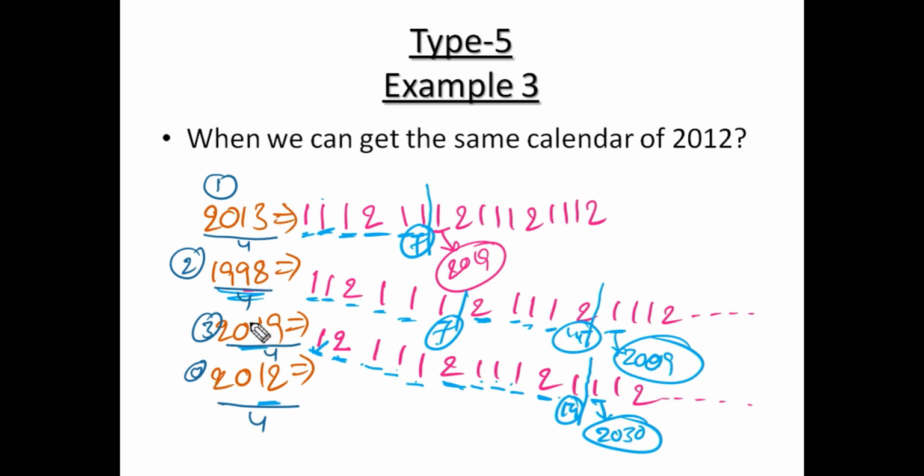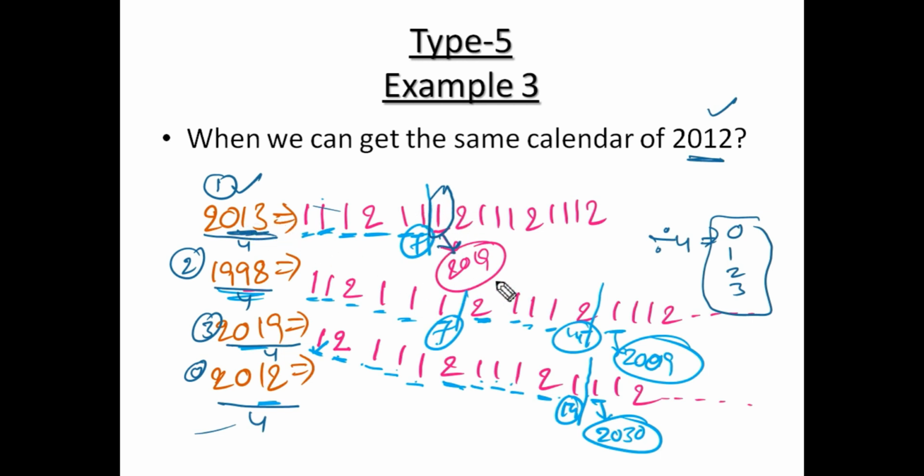So if we divide any year number by 4, the remainder possibilities are 0, 1, 2, 3. That's all. Means in the exam, he may give any year number, and that year number will fall into one of these 4 cases only. Next, for any year number with remainder 1, the sequence is the same, yes? If the sequence is the same, our answer will always be at this location only.